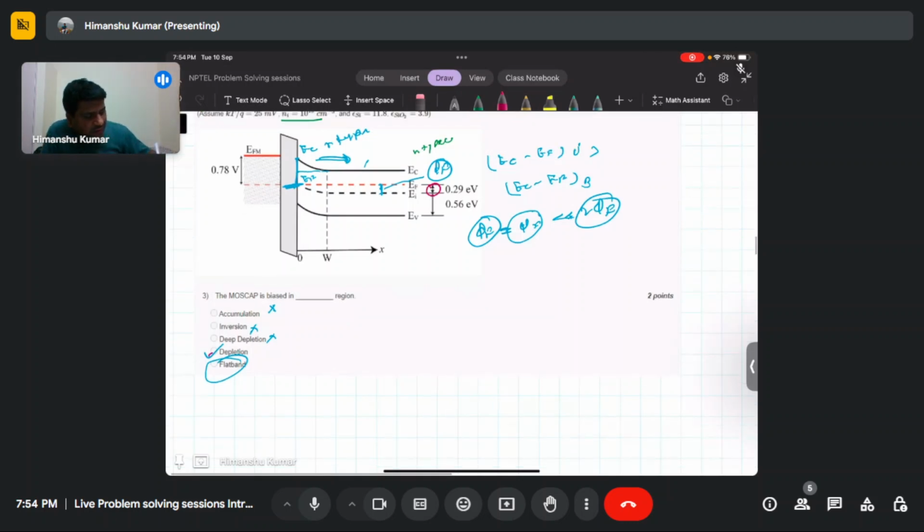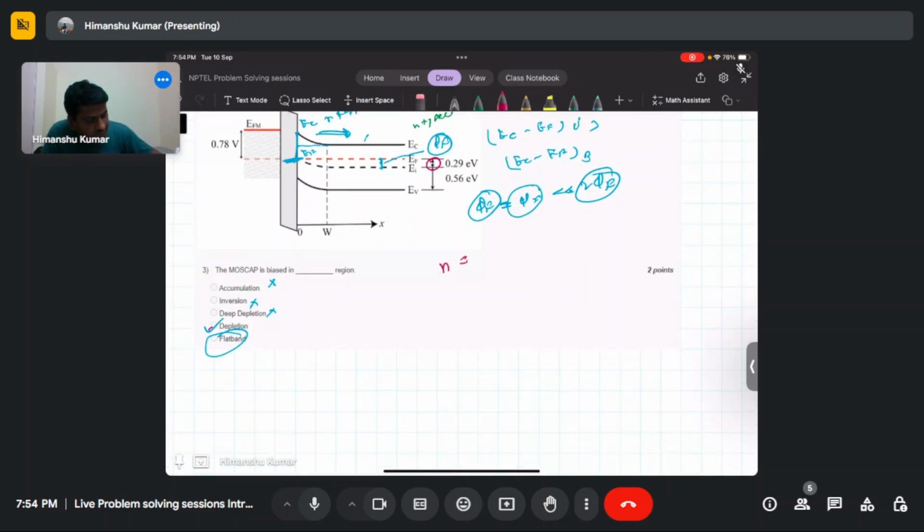So you can write n equals n_i exponential of minus